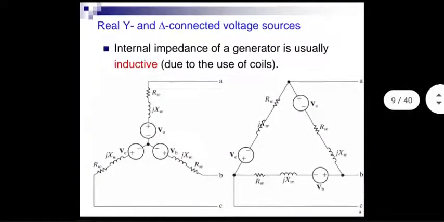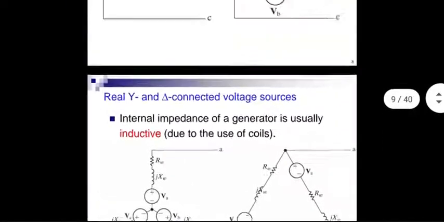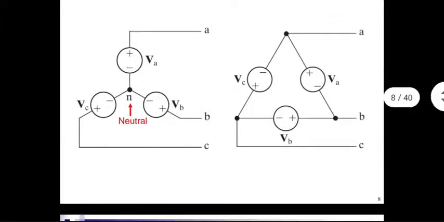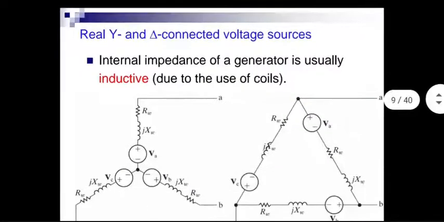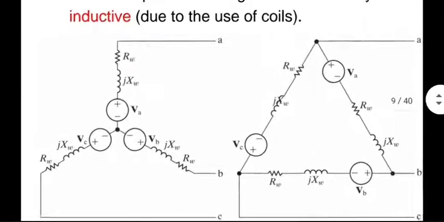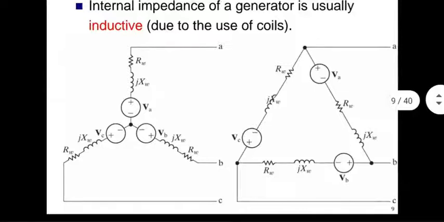And of course, in reality, this diagram was very ideal. We were showing no losses anywhere. In reality, the generators will have losses. They'll have internal impedance, which is being denoted by a series RL combination. So the actual voltage coming out from the generator will be the theoretical voltage minus the drop in the internal impedance. On the load side also,